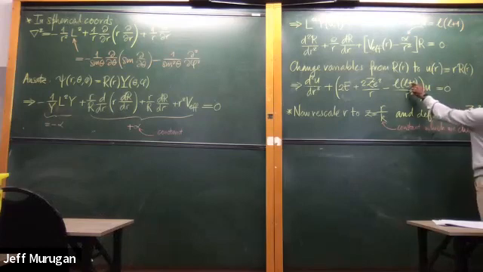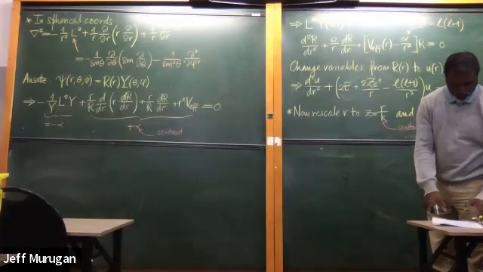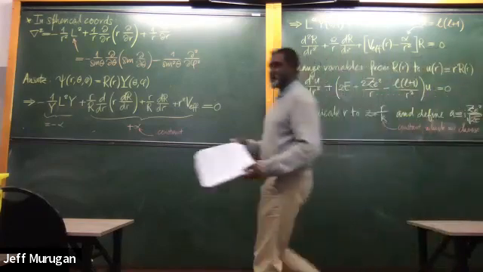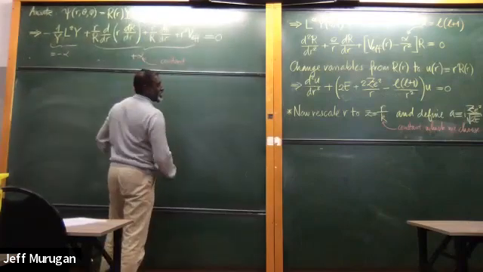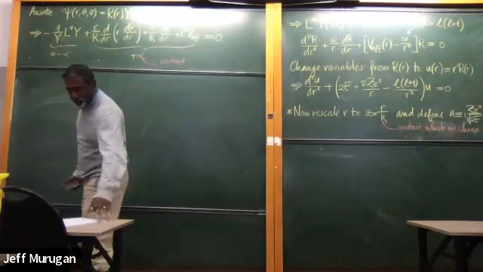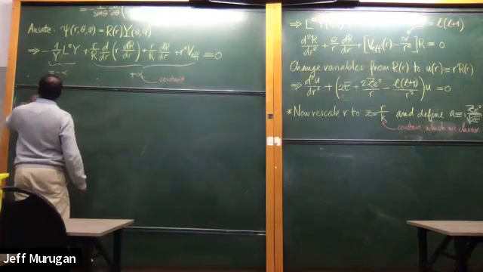And instead of dragging this guy around, L times L plus 1, let's just call it B. All right. So if I write it like that, then the differential equation becomes the following: